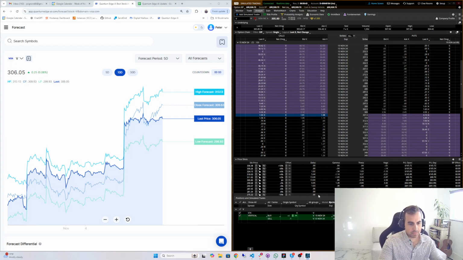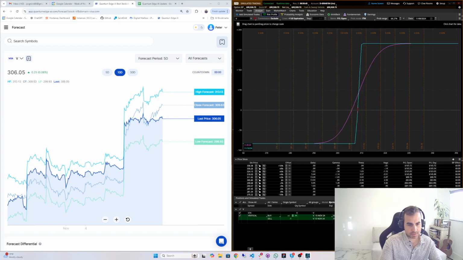So where do you want this position to be? You want this position to be over here, preferably as far away as possible. It's your preference whether you exit in this area or you hold it to expiration. If you hold it to expiration, this position is going to negate this long. So the long versus the short are going to negate each other,